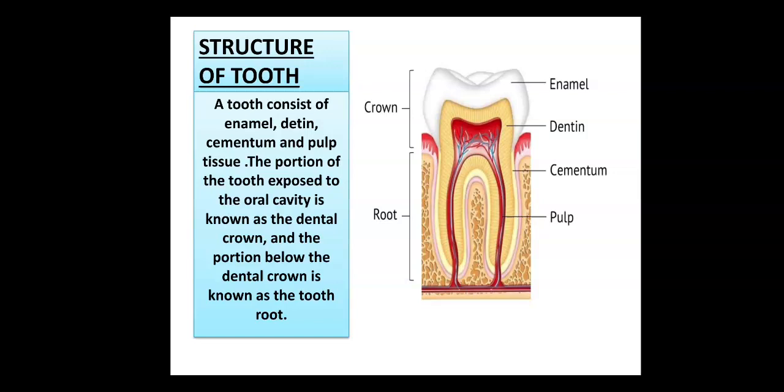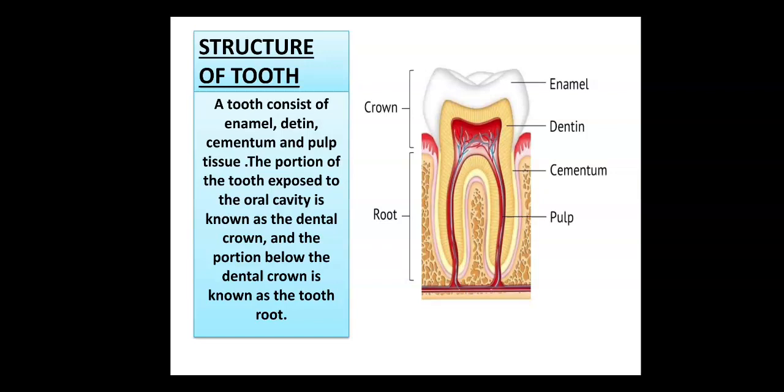Below the dentin there is a cavity which is known as the pulp cavity. As you can see, the red color is showing below the yellow color. The pulp is written there. That is the pulp cavity, and this pulp cavity contains the nerves and the blood vessels to keep the teeth alive.